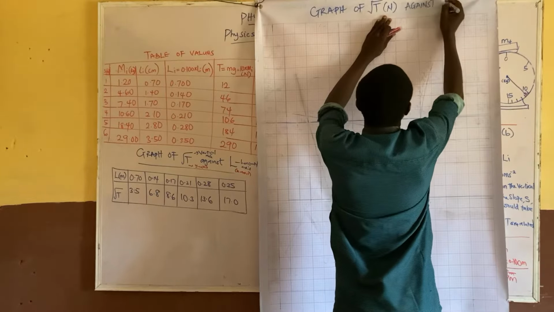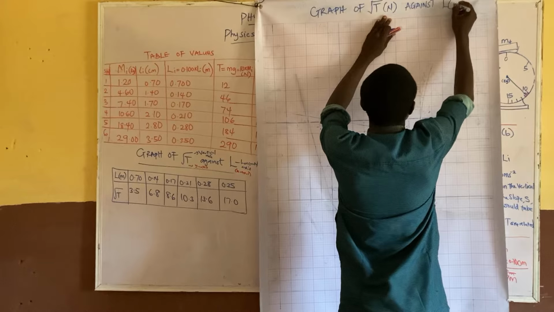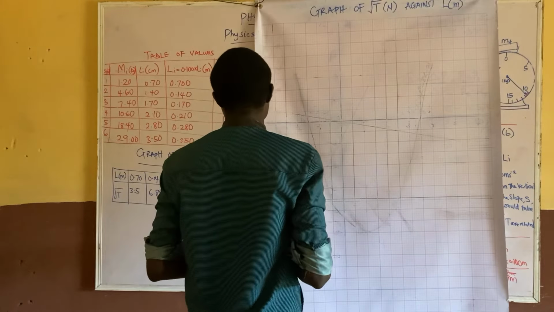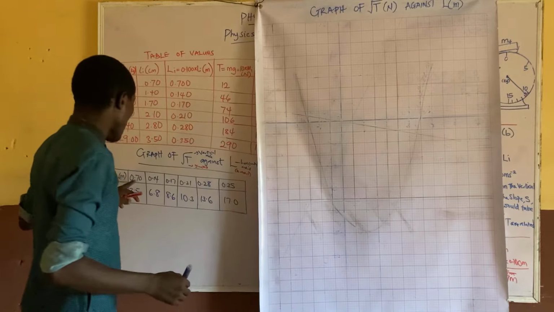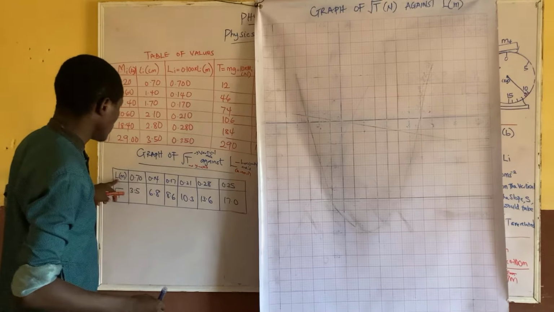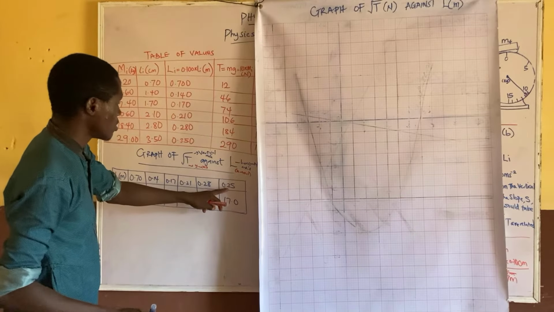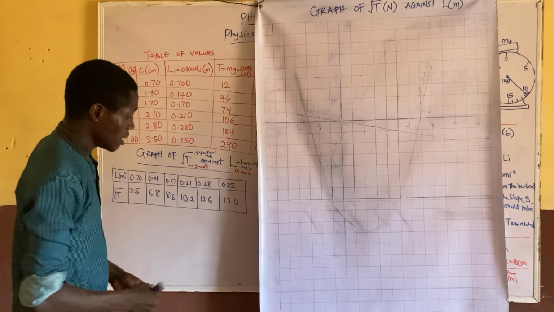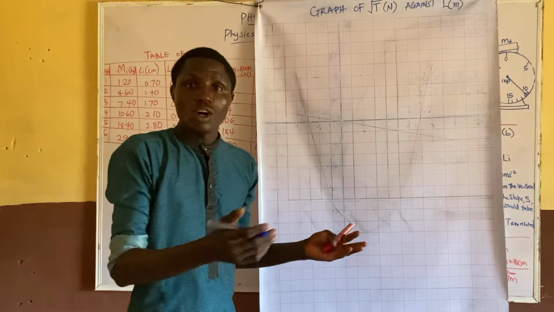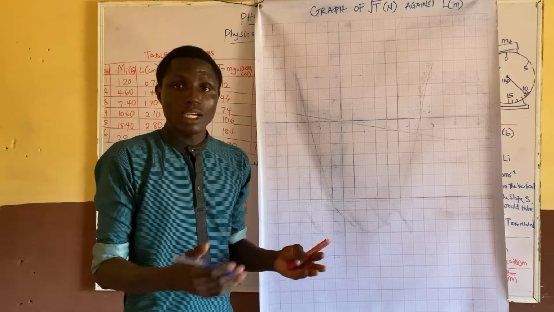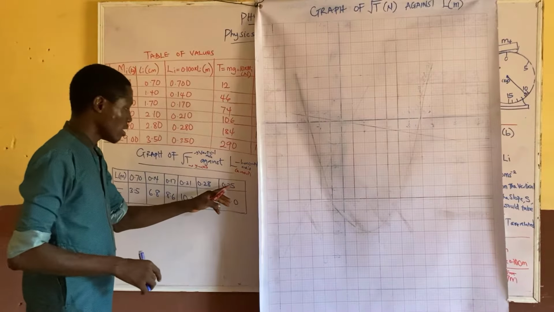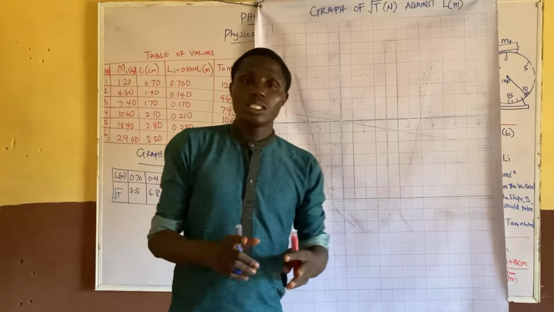Against L, which is in meter. So that is that. Now the next thing is to choose our scale. The highest value that we have on the horizontal axis here is 0.35. Now we are going to consider what kind of scale I should use. What units will I use? Since we have 0.35, we are going to use